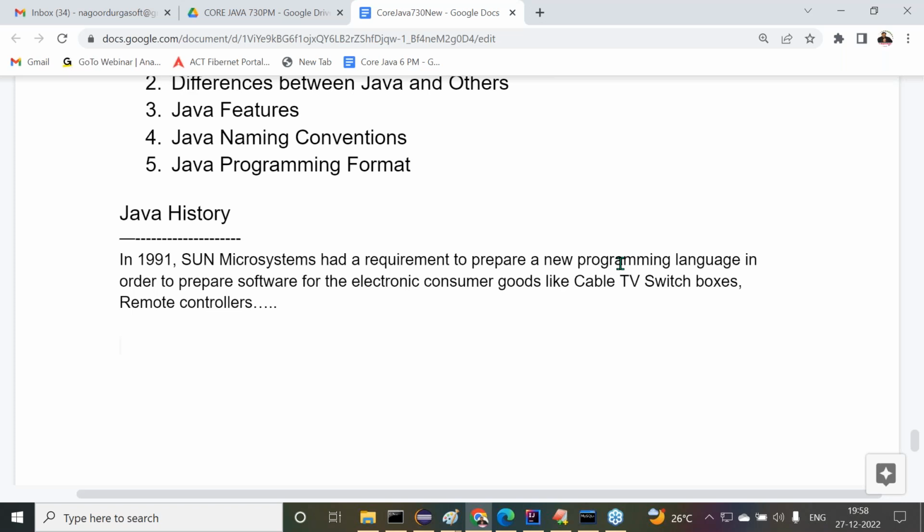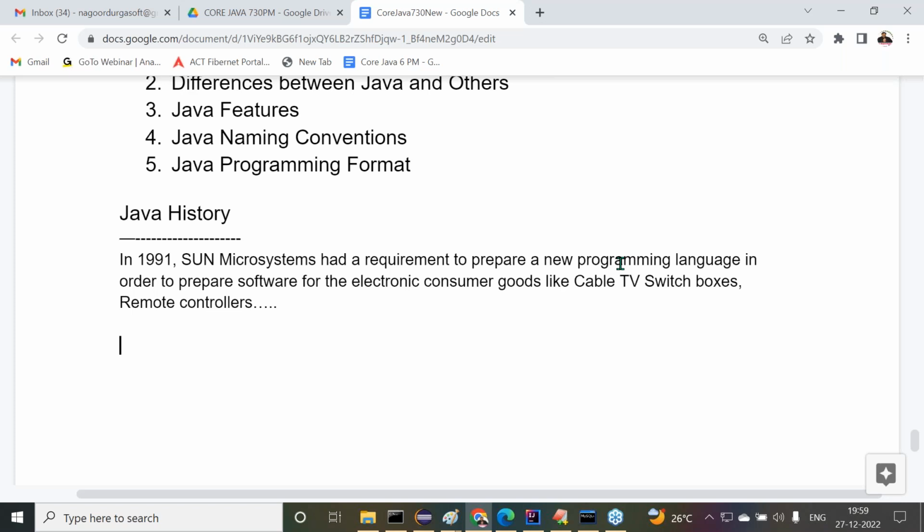Observe carefully, guys. One more point I'm telling there. The first version of Java was provided by Sun Microsystems on 1996 January 23rd, not 27th, the 23rd actual.